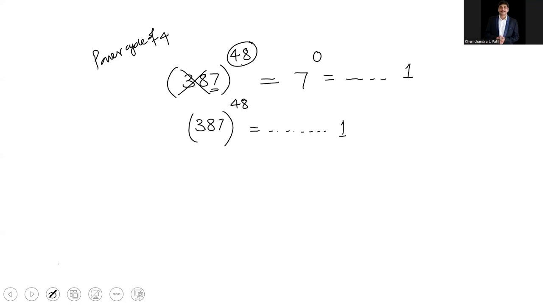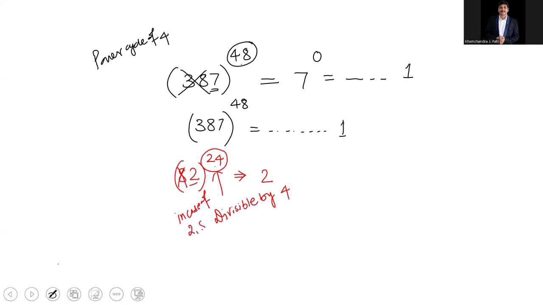अभी थोड़ा एक्सेप्शन रूल कैसे काम करेगा इसमें? सपोज यही अगर इस तरह से आता है, लेट अस से 82 रेज टू 24, अगर इस तरह से आता है, so if you find the new power here, so unit place is 2 here, this number is completely divisible by 4. When this power is completely divisible by 4, in case of 2 and 8,